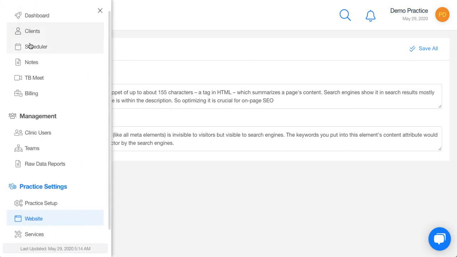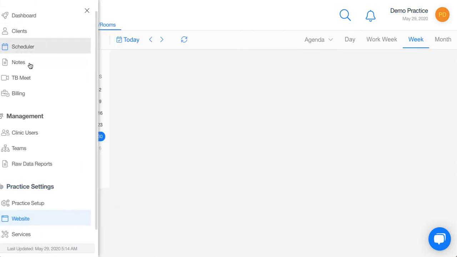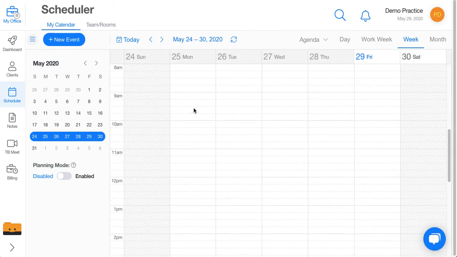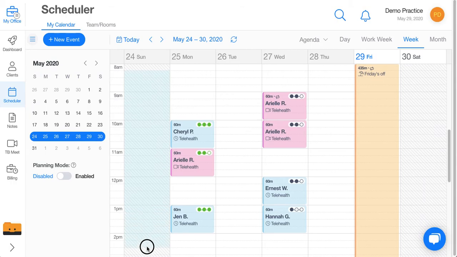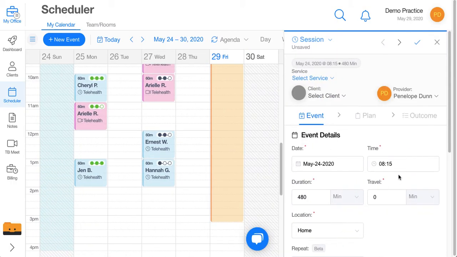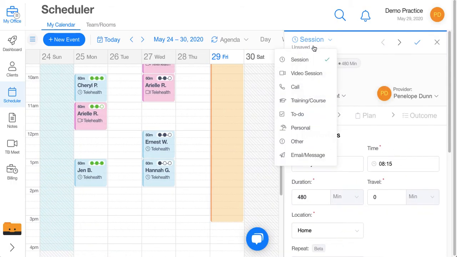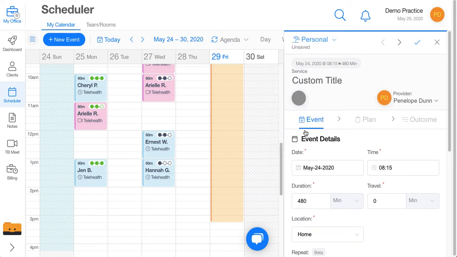So circling back around to the scheduler and your online booking. As you remember, we had the option to put in our beginning and our end time. Now, while we are continuing to work on the online booking feature, if, for example, you don't work on Sundays and Saturdays, we're going to go ahead and pick those days and choose personal event. We can just simply put in off,